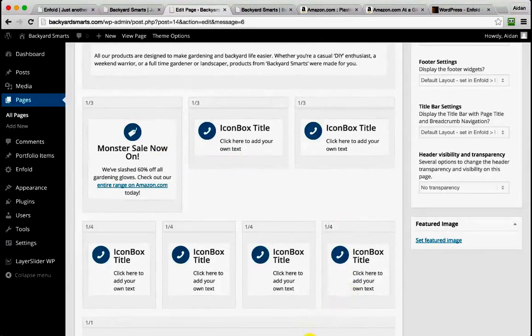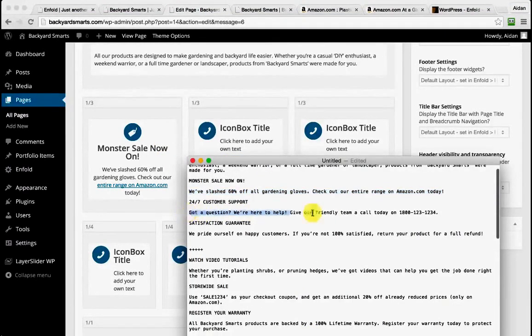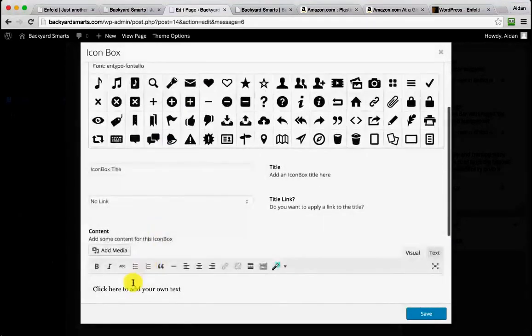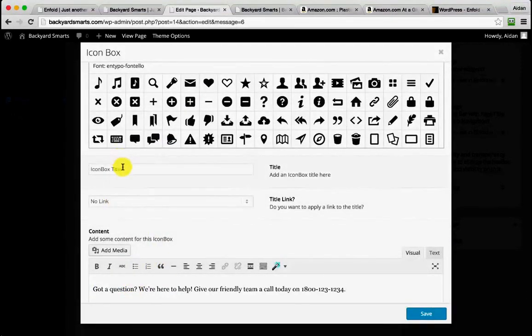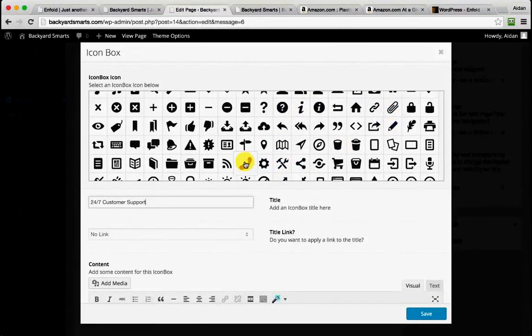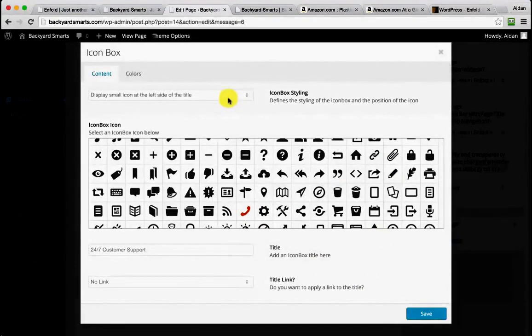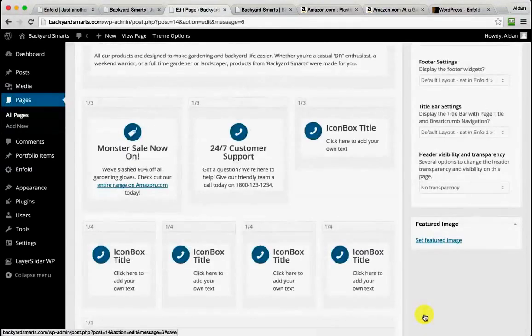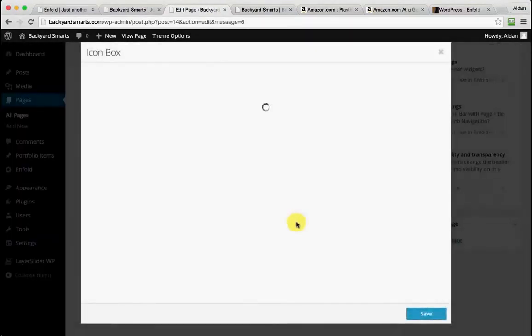Now the next box we're going to do is 24/7 customer support. So I'm going to click on that. I'm going to paste in the text there. Give it a title, and then we need to look for an icon that kind of makes sense. So this telephone one is actually pretty good for here. Okay, so we'll keep that, and we need to remember to set a large icon above the title. Okay, and we click Save, and then we've got one more,